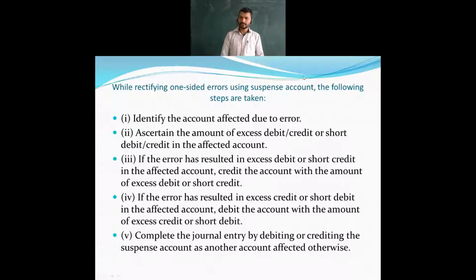Till now, we have completed the trial balance overall concept, then rectification of errors. In that, we have discussed in detail the rectification of errors, with the searching of the errors and the starting point. Then we moved to rectification of errors affecting the trial balance. Previously we discussed errors which do not affect the trial balance, that is, errors present before the trial balance is prepared. And when it affects the trial balance, what all things are going to be there, we have almost discussed.